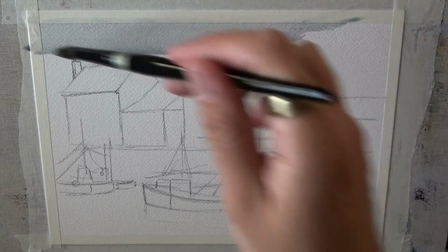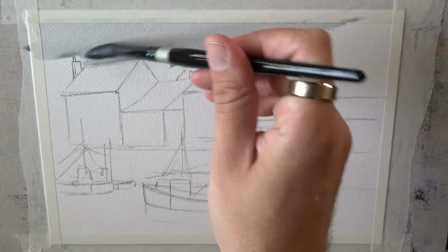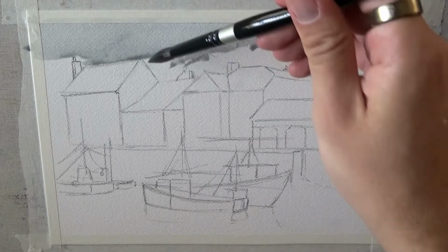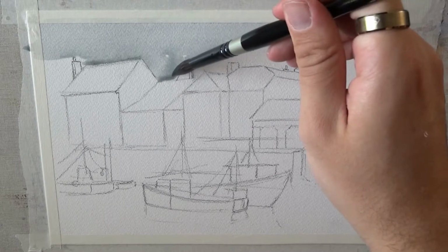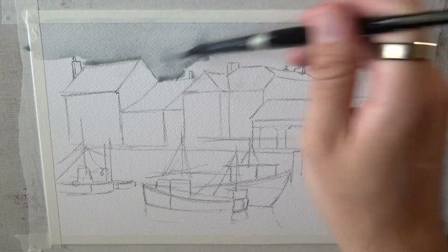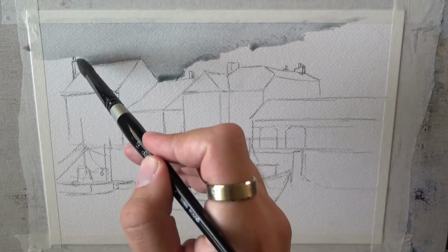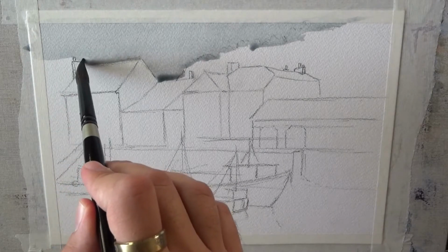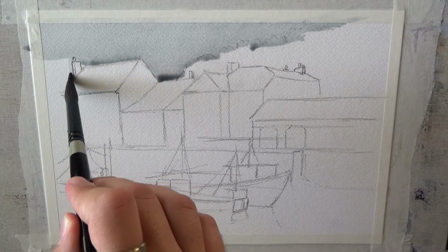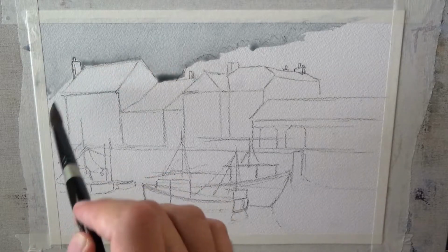I'm gonna close the window because someone's making a lot of noise outside. So anyway, my goal here is to get an initial wash that lets the trees on the right and the skies mix together, blend together. While leaving the roofs of all of the buildings for a few moments, because I do want to go back to them in a while, but first I have to take care of that foliage